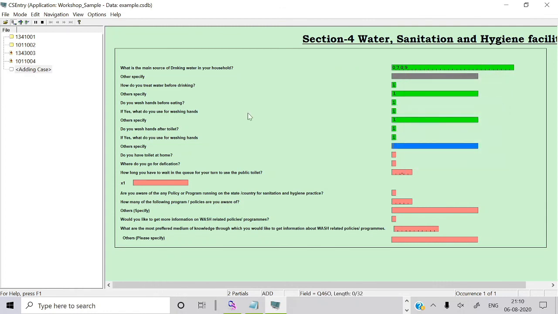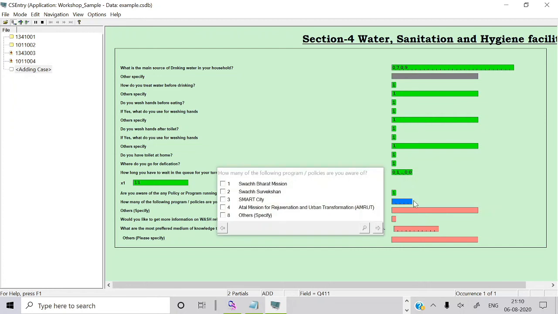We have not declared it. If your data entry is happening within a time and you want to do it partially, but you want to save it, you just click the Escape key and you will get a partial save. How partial save has to be declared, I have already declared. In the data entry operation option, you can give partial save and all those things. So we are going to give a partial save.